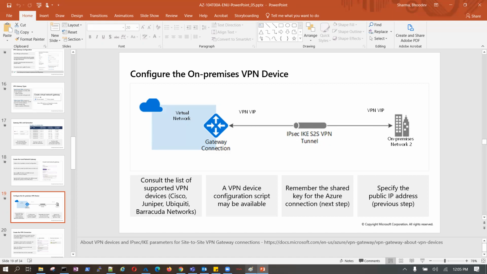Okay. A VPN device configuration script may be available once we configure. Okay. Once this network device is available, from here we download the script, and we send it to here in any way.